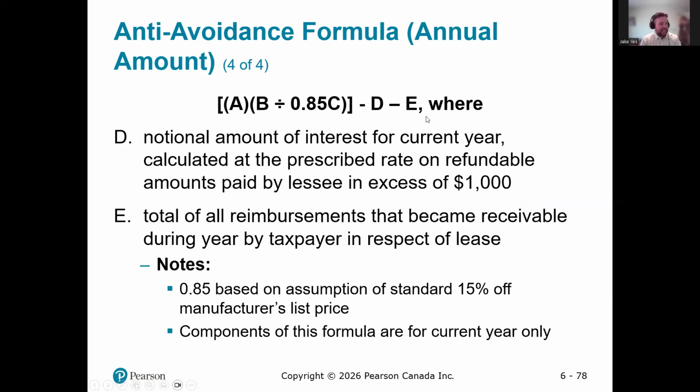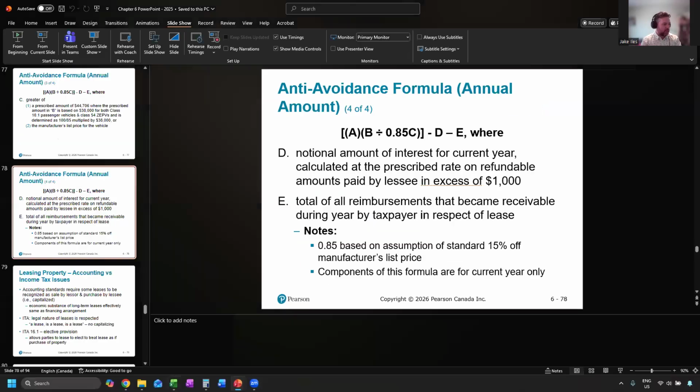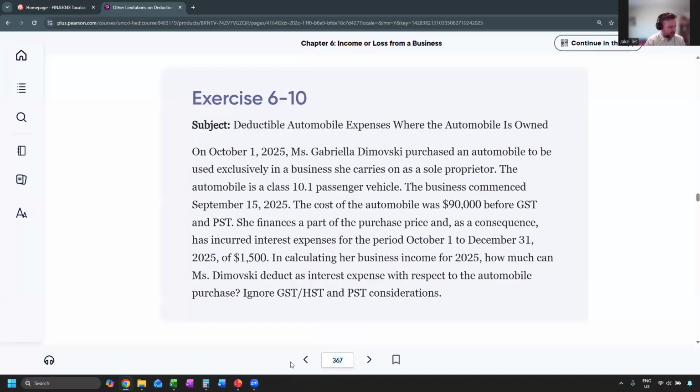Again, it includes D and E, which is the notional amount of interest and any amounts reimbursed, but I don't think we're going to complicate it that much. Just focus on A, B, and C. So the exercise for that is